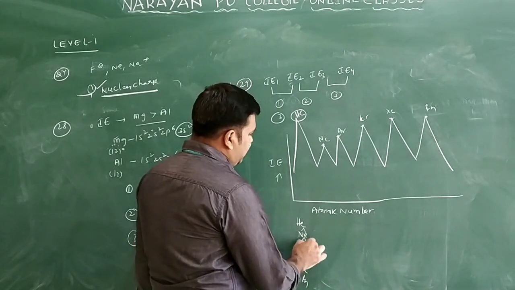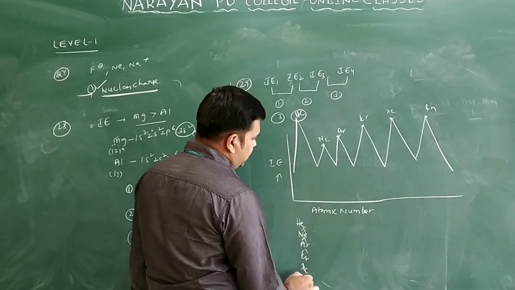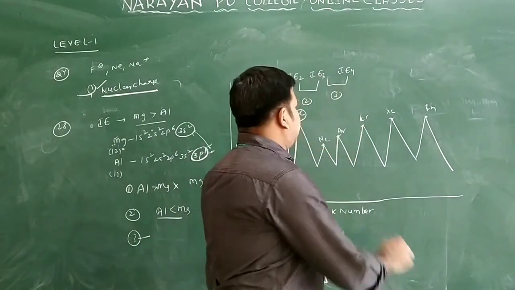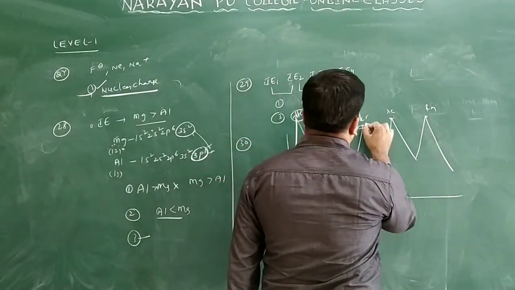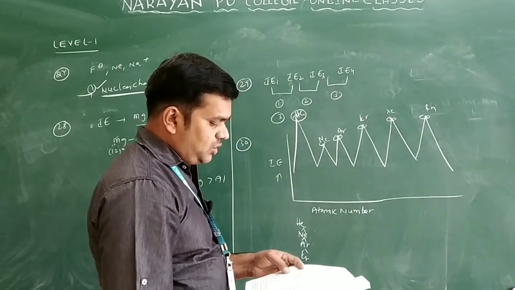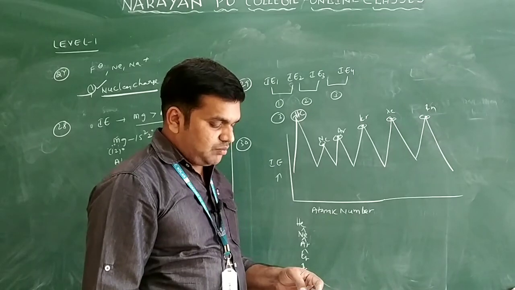Helium is greater than neon, neon is greater than argon, like this, because the ionization energy value generally decreases only. So generally the maximum peaks are what? The maximum peaks we have are the noble gases only. So what answer will we take? We will take noble gas only. This is question number 30.